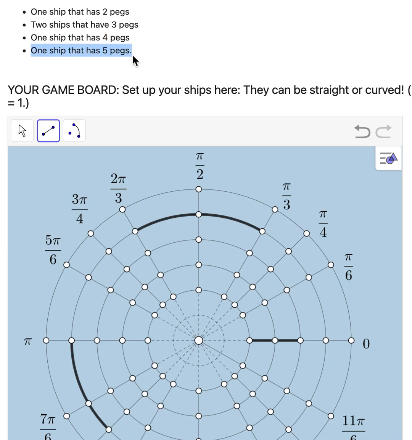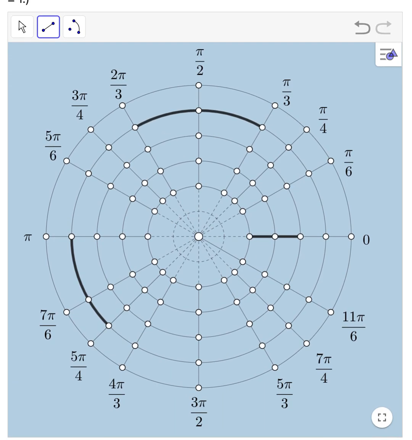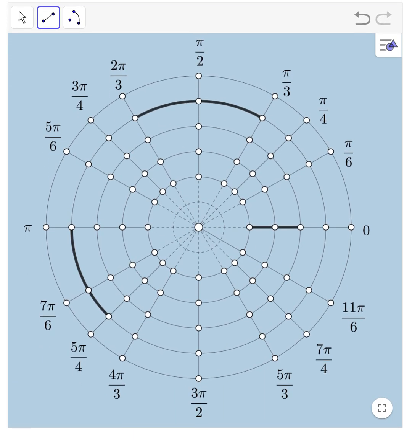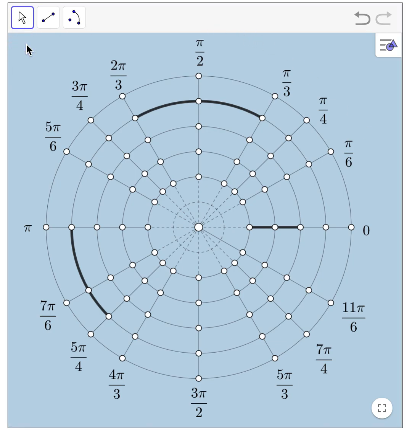Very similar to the Milton Bradley Battleship game that you played when you were a kid, right? Or maybe you played it, I don't know. But this is a polar coordinate battleship. And you have to state polar coordinates to your opponent as you fire. So, for example, if your opponent says 5 comma pi over 3,